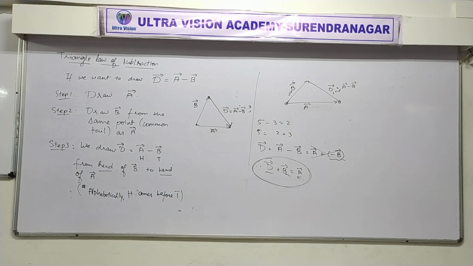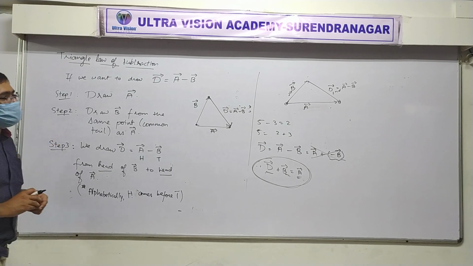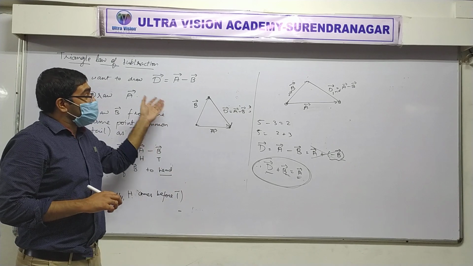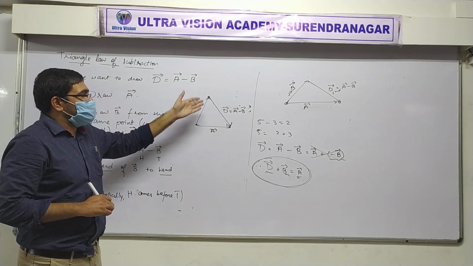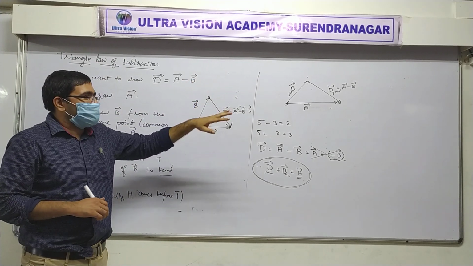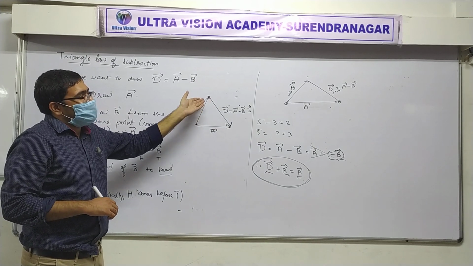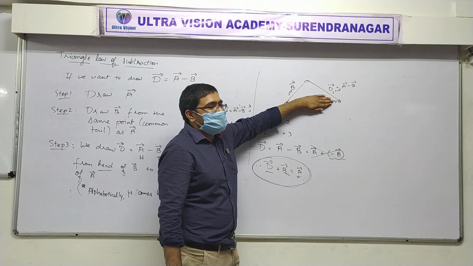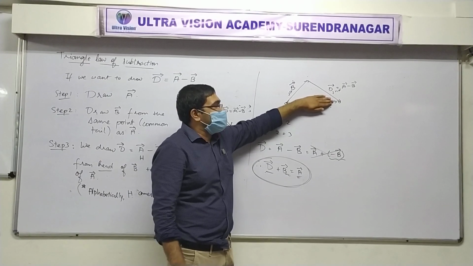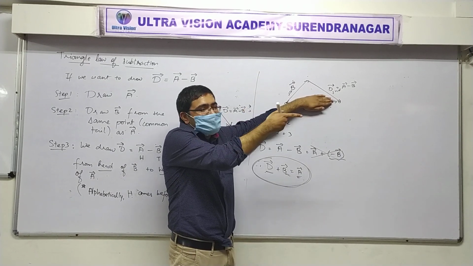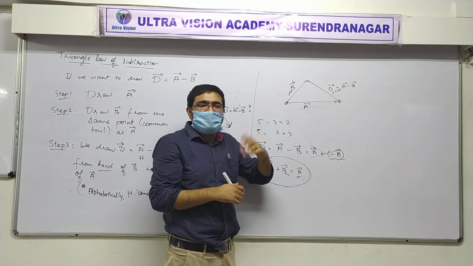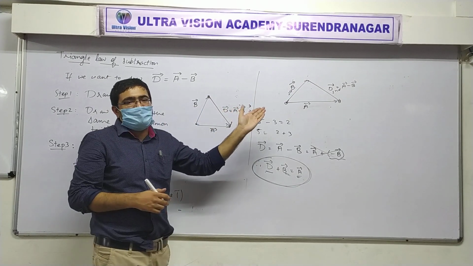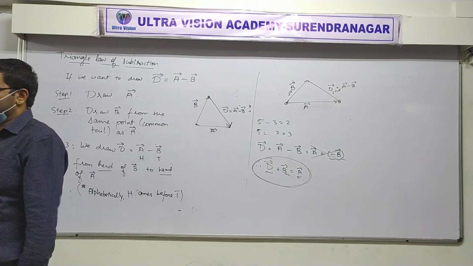So this is just an intuitive proof of the reason the triangle law of subtraction becomes correct, right? Because it's same as the triangle law of addition. You didn't ask for a proof, right? It is same as triangle law of addition. Now B plus D is equal to A. So our triangle was formed. So this D is nothing but A vector minus B vector.